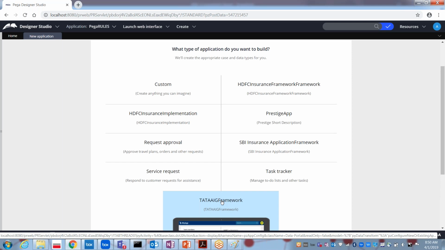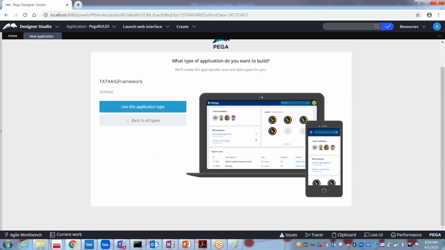Now I want to create the implementation layer, so that the implementation will be on top of the framework layer. That means the functionality which is available in the Tata AIG framework can be accessed by the implementation layer, and the remaining things will be common. I want to use this Tata AIG framework application type.